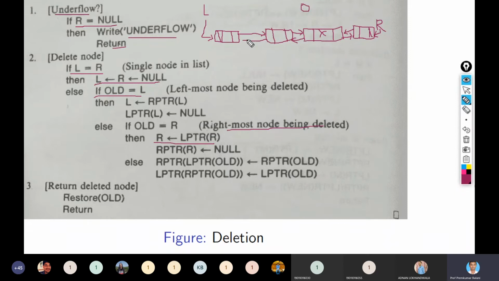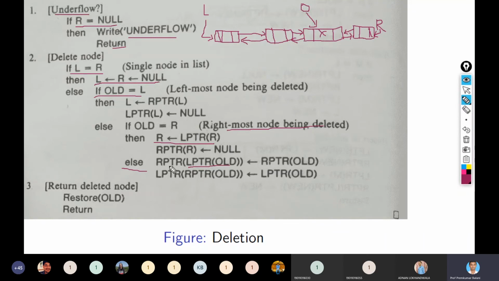Okay, so this is the case, and now suppose the last else part, that means old is pointing to one of the middle nodes. So let me say this is the node which is pointed by old. So this node I want to delete. So for that, the LPTR of old. So LPTR of old means this node, right?